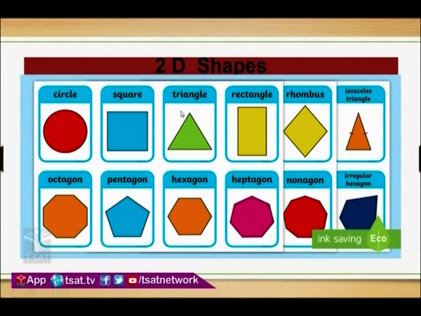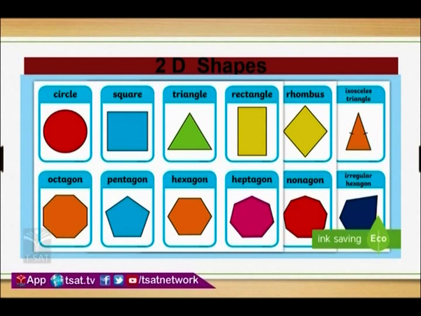Next one, the triangle. How many line segments can you see for the triangle? Three line segments. And next, rectangle and rhombus. Here also we have a polygon bounded by four line segments. Now once you see the next row, I have given octagon, pentagon, hexagon, heptagon, nonagon, like this. What is the history behind it? Each and every figure is given a separate name. On what basis these names are given, we will see on the board.